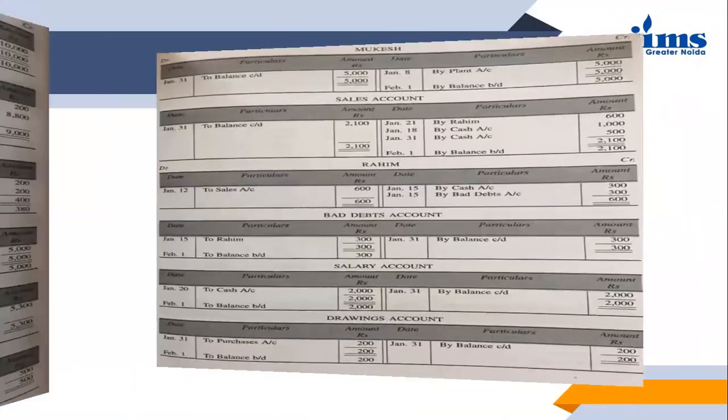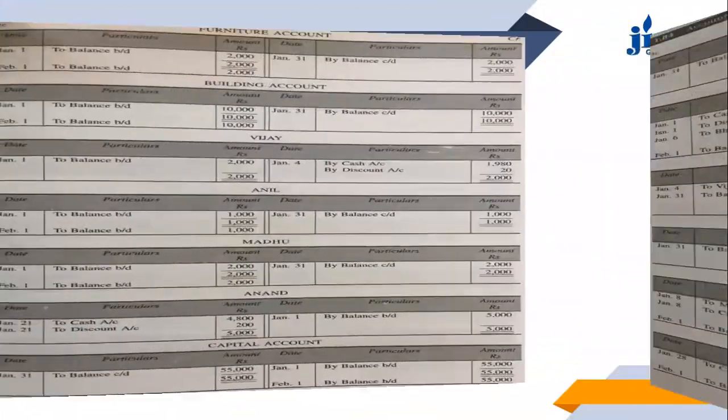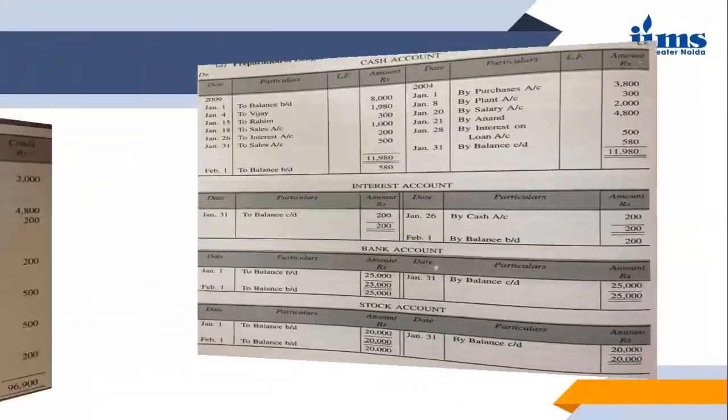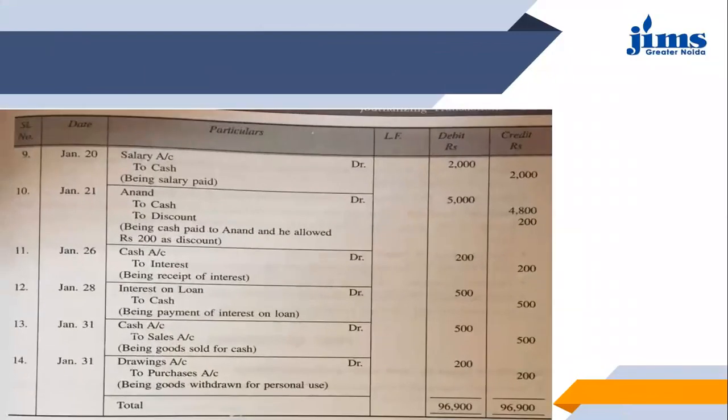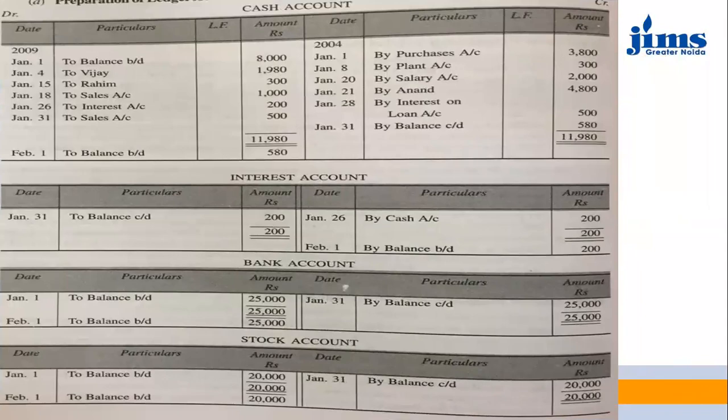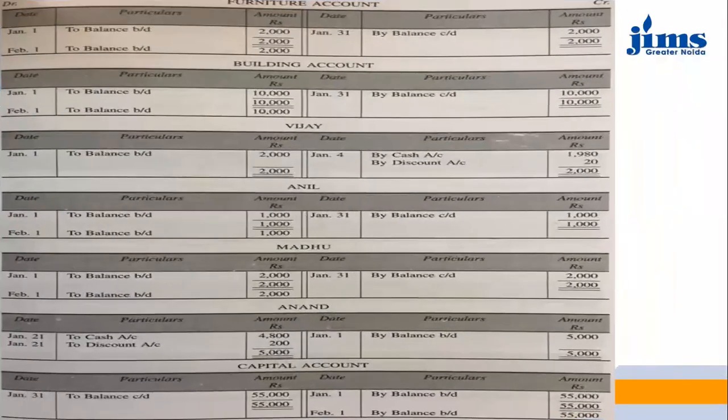Then next journal entry is, see, Anand account debited to cash to discount. So we have all the three accounts because Anand, as far as I remember, is the creditor balance which got forwarded from the previous year. So Anand account is getting debited. So we will go to Anand account and we will debit it. Now we can see here in Anand's account on 1st January, we have made a transfer entry of 5000 rupees.